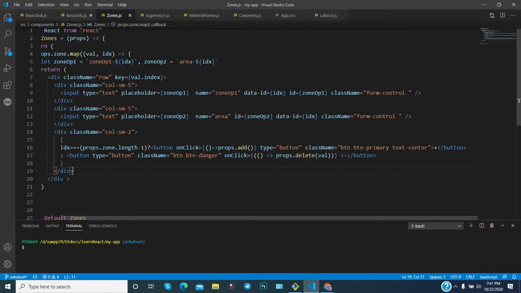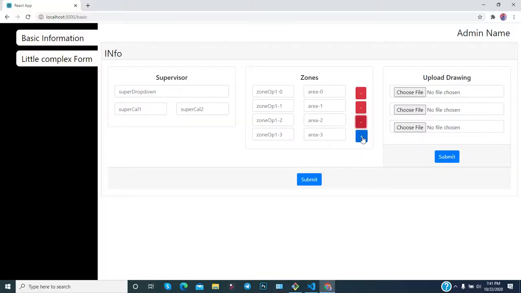But you can notice the on-click event. If you click the plus button, then what should happen? One empty row should be added, so one row will get added dynamically.